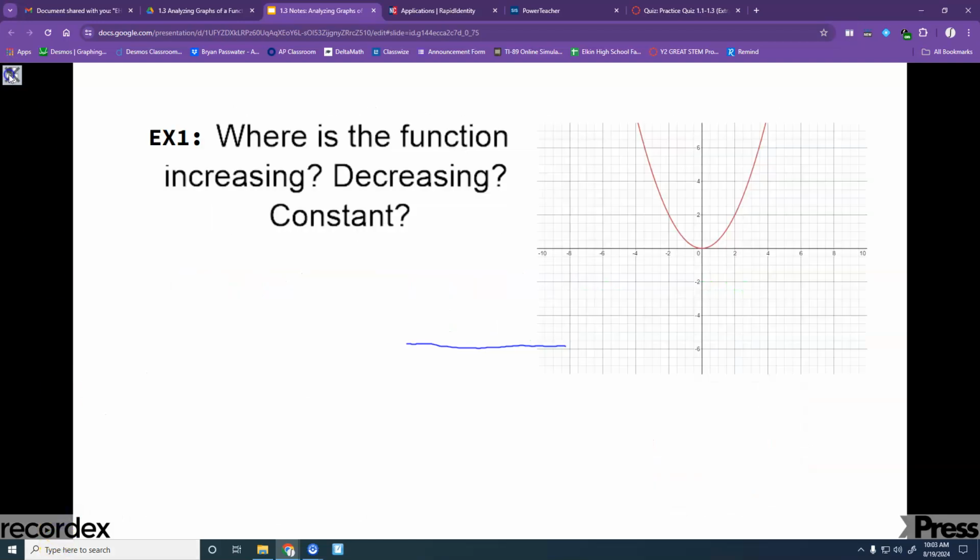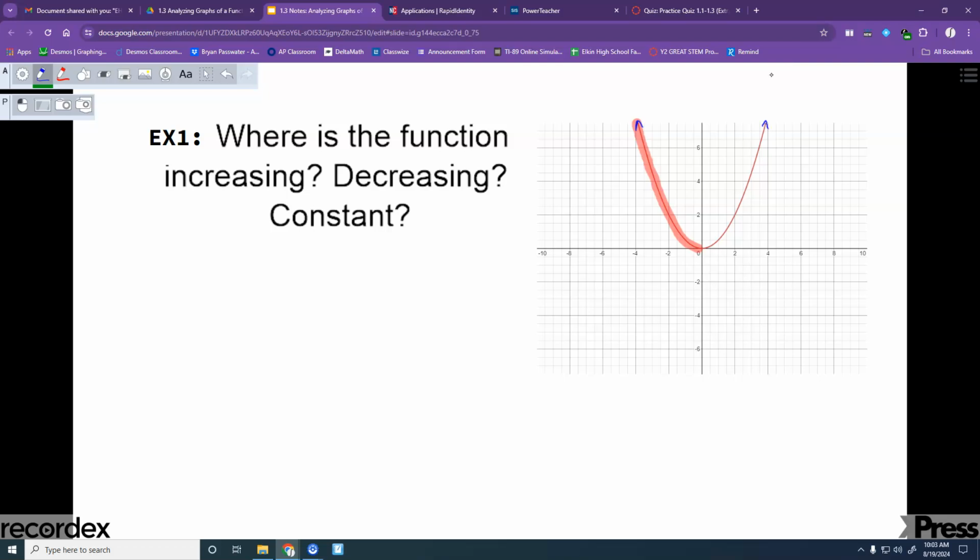All right, so here we have just a pretty basic parabola that we're looking at. So if we start on the left-hand side and highlight our graph, are we increasing or decreasing here? Decreasing. And we decrease until we get right there at the very bottom of the hill, and we stop decreasing, right? So whenever we're telling where we're increasing or decreasing, we're giving the domain where that happens. And for domain, do we look at the x-axis or the y-axis? X-axis, right? So this does not have an arrow on the end of it, but this function,